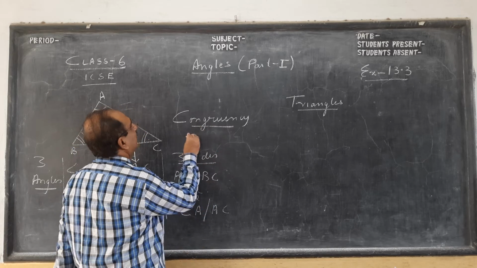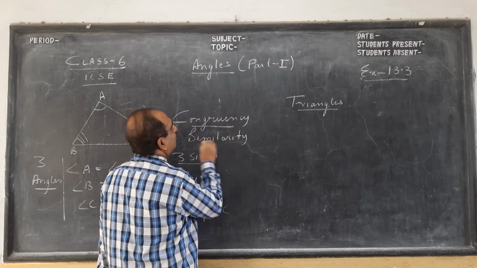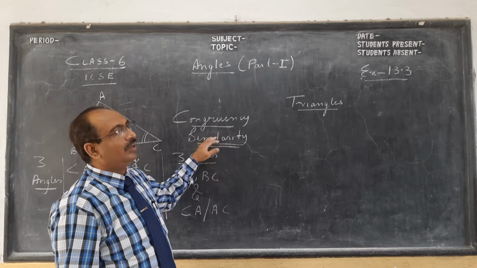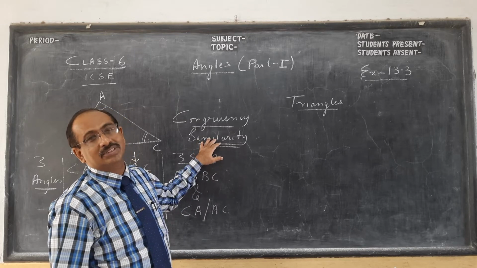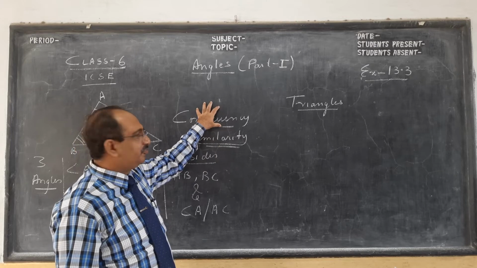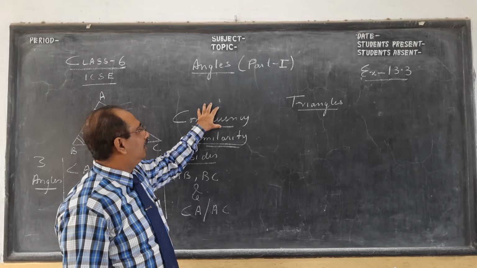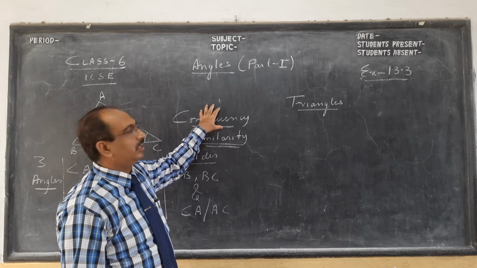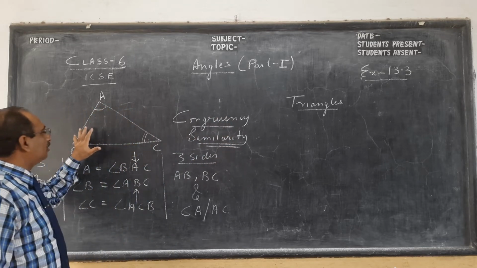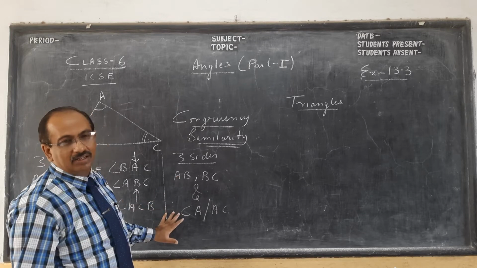Another topic where I have made many videos for class 10 is similarity. Quite difficult, children. Class 10 boys find it difficult. So I had to make a 5-part video. Then they saw it 2-3 times. Then they understood. So for class 9 and 8, I have to make this very important topic, which out of my 250 videos is not there, I think. We will see topics based on nothing but the 3 angles and 3 sides of a triangle. So very interesting.